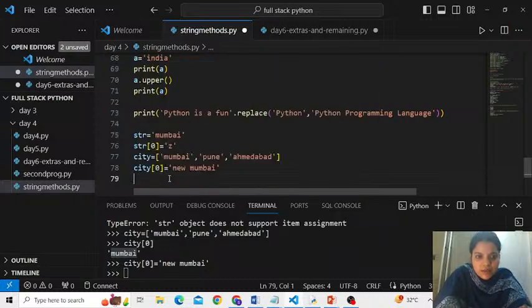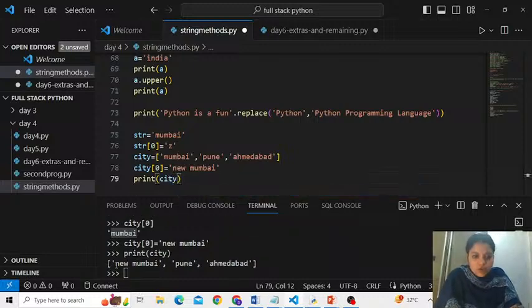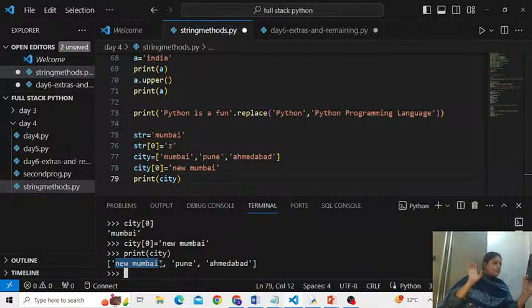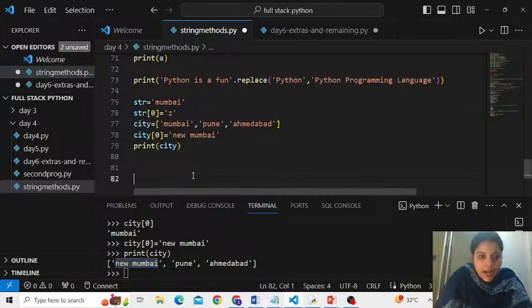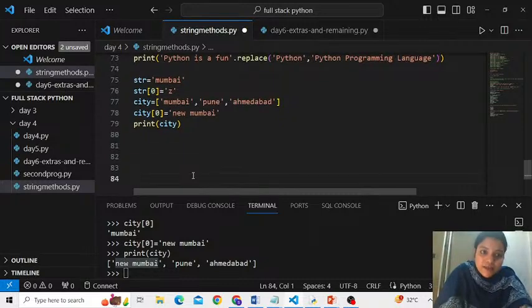Again print city. So the first element in the list is not Mumbai, it is New Mumbai. That means lists are not immutable. Is that okay? See, this is the difference between a list and a string. If you want this Mumbai का M to be converted somewhat, आपको चाहिए ही भाई, होना ही चाहिए. Alright, so let me say str is equal to list str.